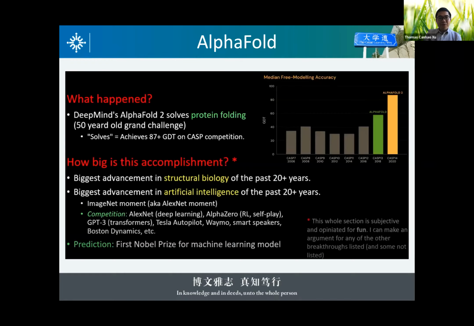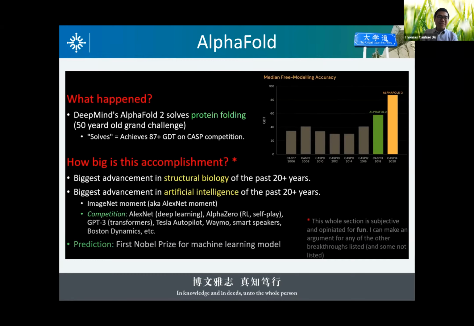We only know the announcement that they can do it, but we don't yet know the details. They haven't published the paper yet. I think maybe within a few months, they will publish it. So we'll see. A lot of scientists and experts say that this could be a Nobel Prize winner. Well, we'll see, because this is a very competitive scientific result. So, AlphaFold.